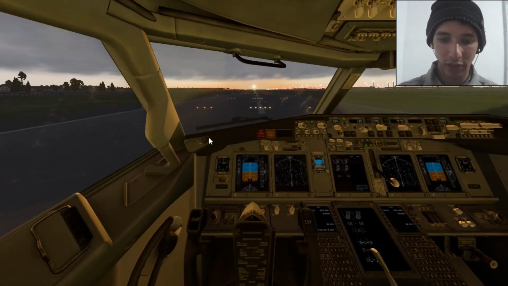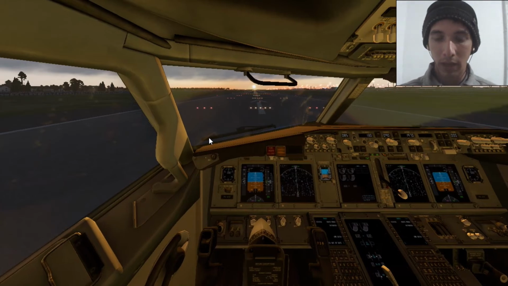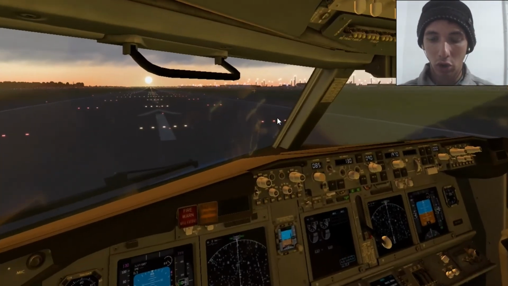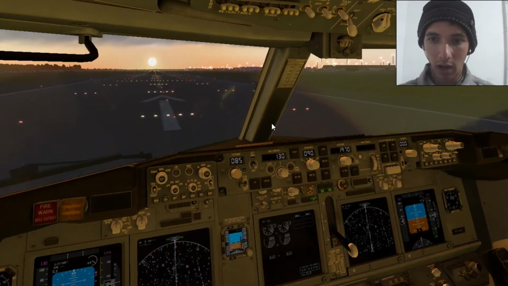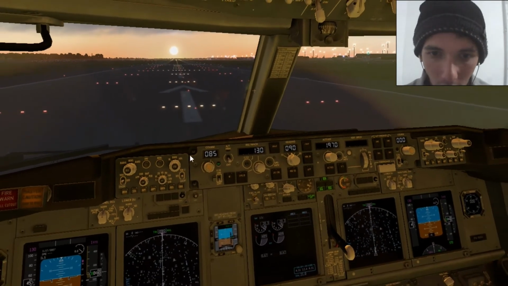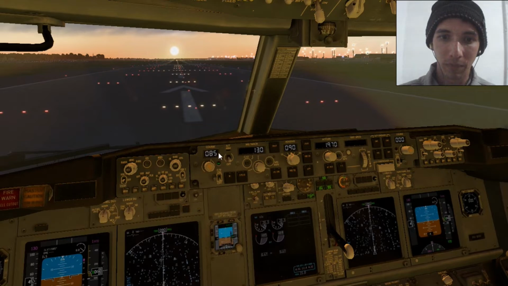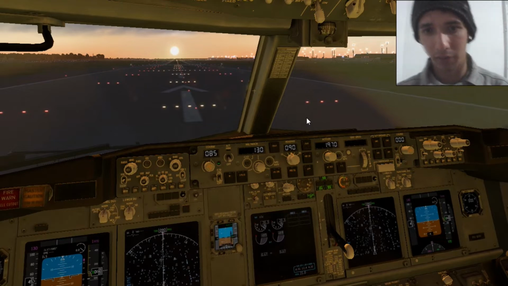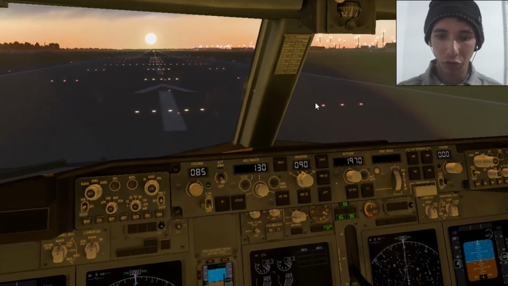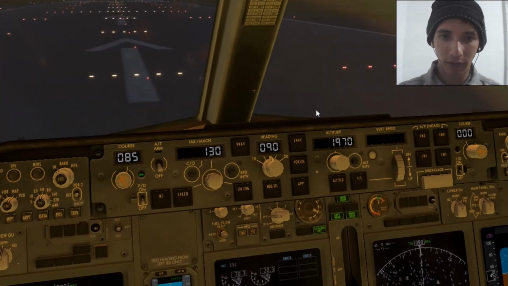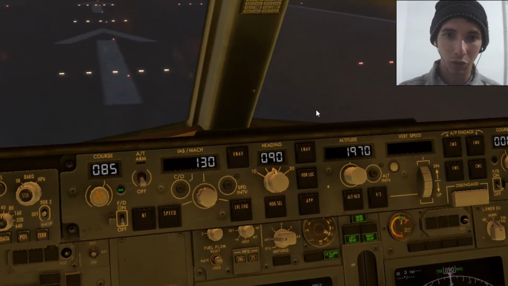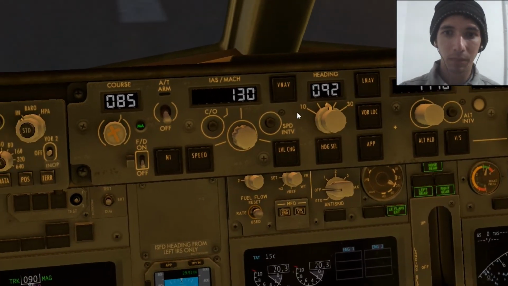Alright, once you set your flaps to 25 degrees, you will set your autopilot. So this is our autopilot. All these switches here on the top part of your cockpit are your autopilot. They are not so difficult to use. I'll show you guys what each one of them does. So this guy here,